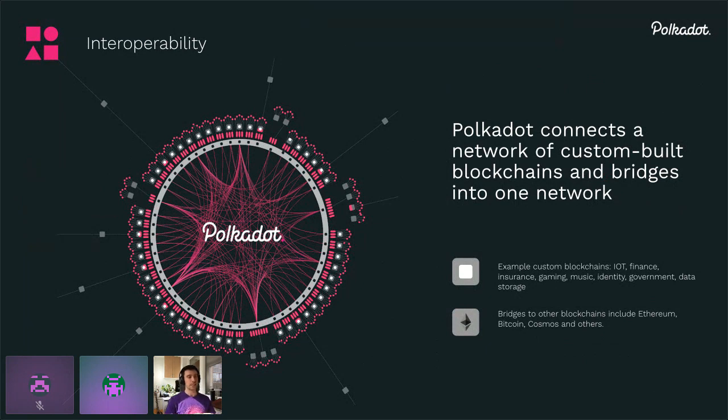So the point here is that instead of having this one size fits all approach, the team tried to design this in a way that if you come in with a very unique use case that has very unique demands and requires very unique features, you could go ahead and build a custom blockchain that would work only for you, and very much optimize it for that specific use case. It's a very different paradigm when we compare this to other networks that try to be one size fits all instead of specializing for a specific use case.